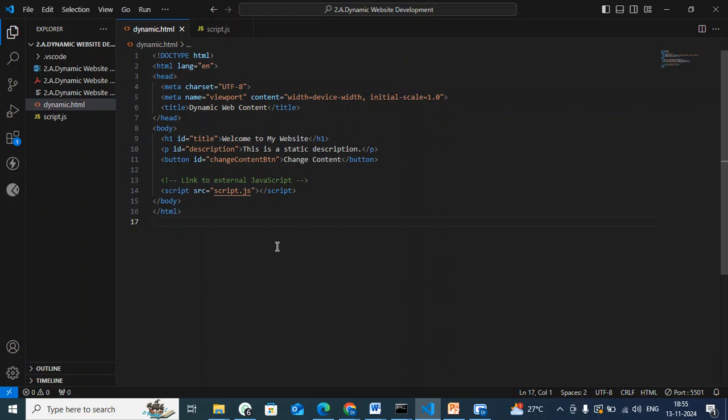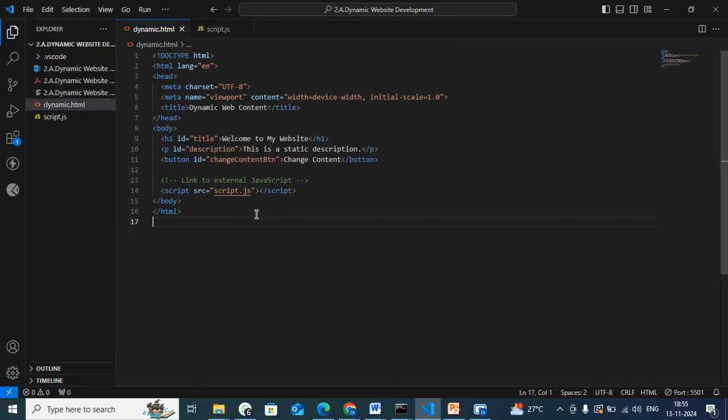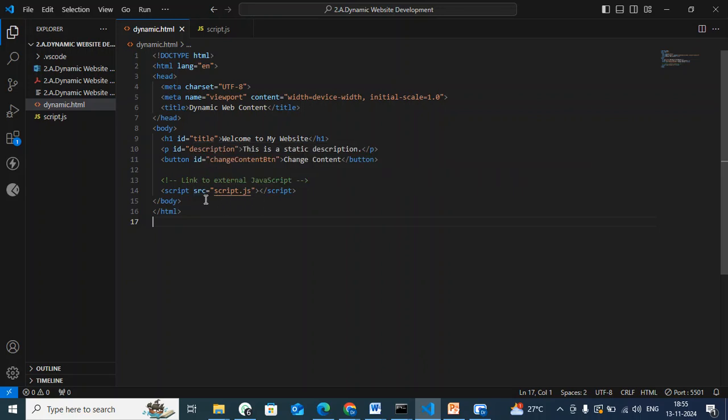ways. Whatever script logic we want to embed could be embedded between script tags in the HTML page only, or else we can have an external script.js file that could be called here in the script tags. That script file should be given as the source from where it has to take the script.